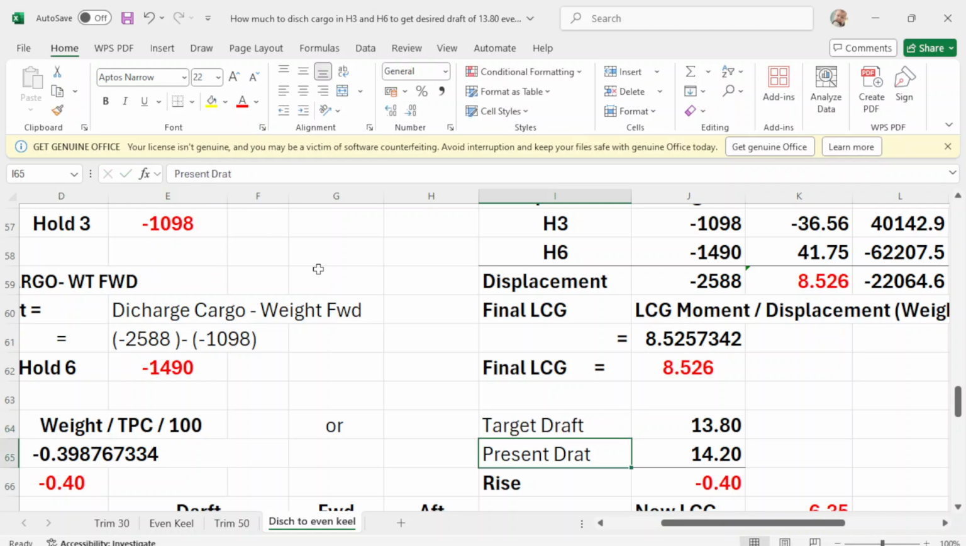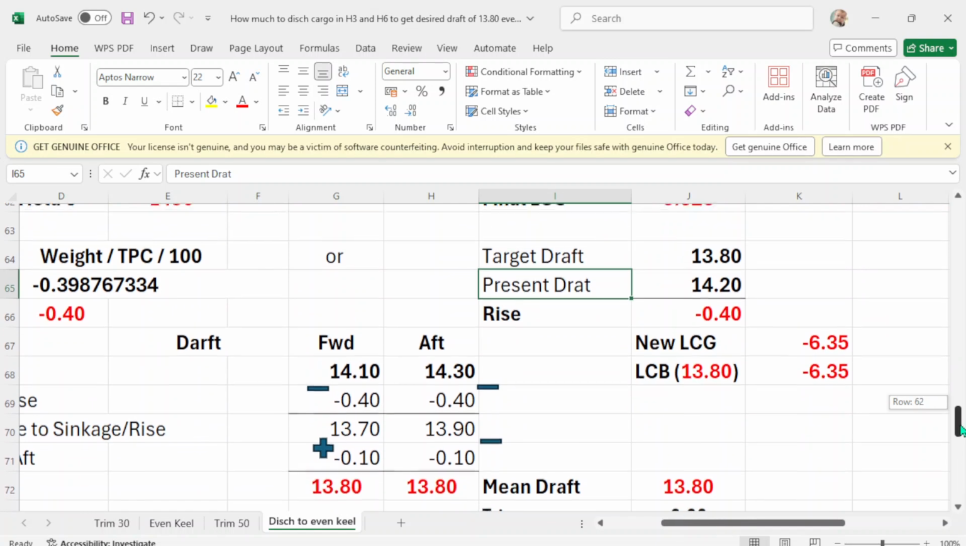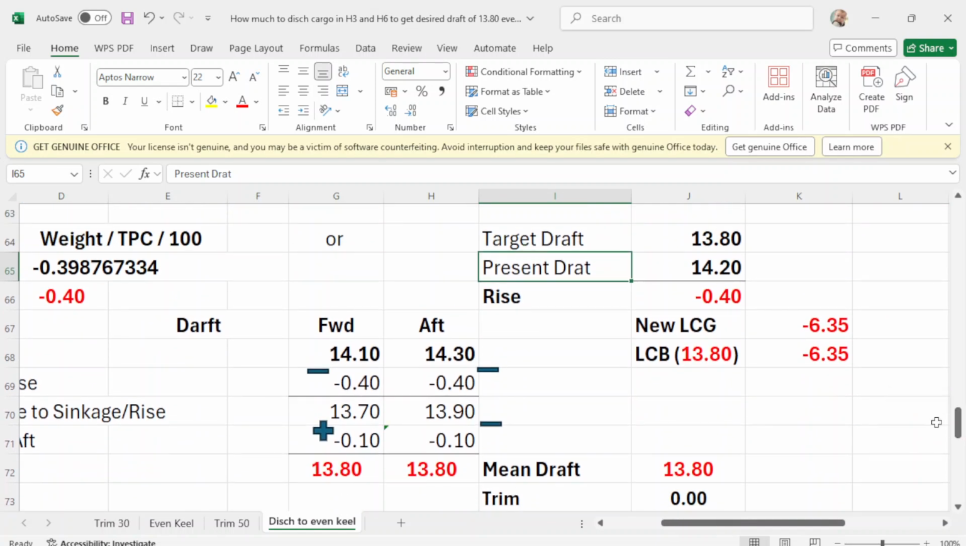The drop is 13.8 and your rise is negative 0.40. Okay, that's why you put here this negative 0.0. So deduct minus, that will be 13.70, up will be 13.90. Okay, now you apply your change of trim